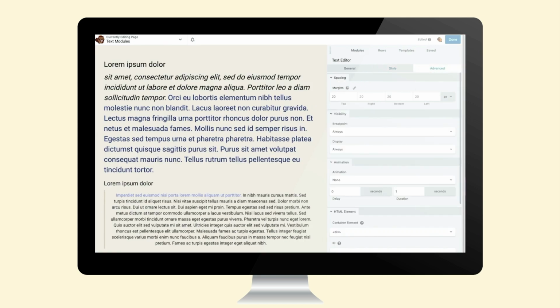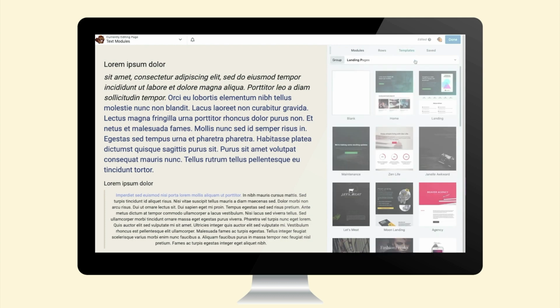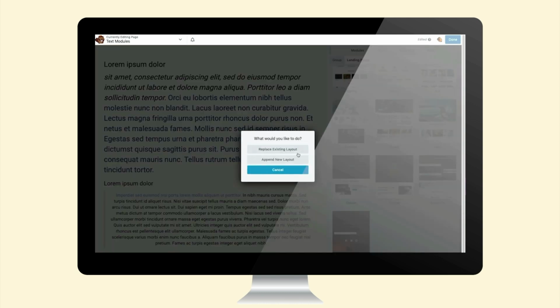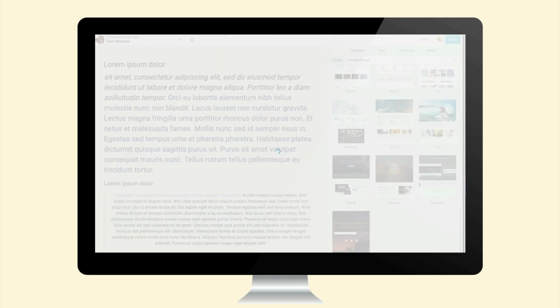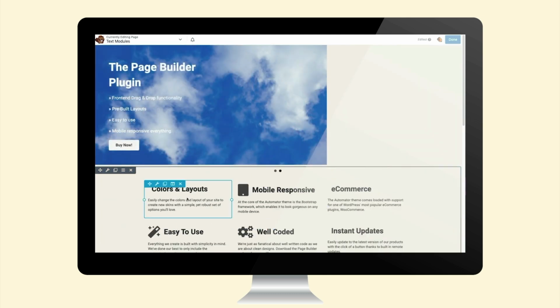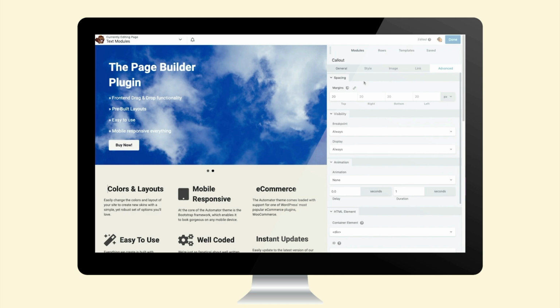Let's look at some of the other modules that are available to us. So let's poke around in some of these template files to see what's available to us. I'm going to select this one down here, Grand. Now we can just click on some of the different page elements to see what they are and what the